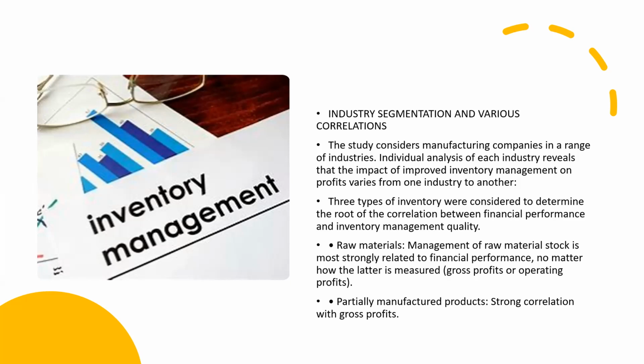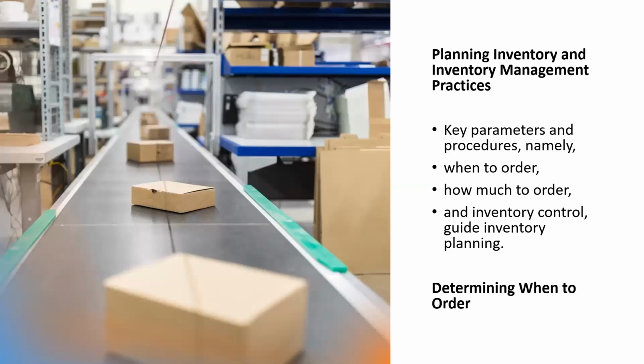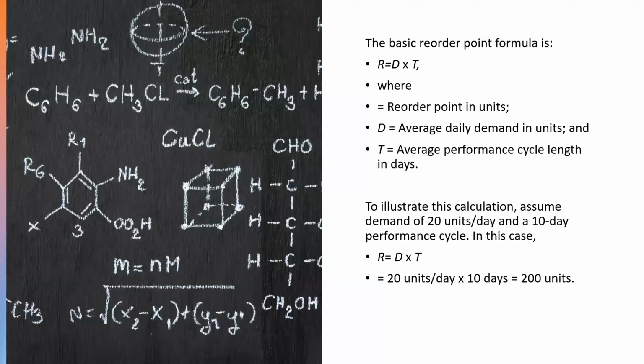So how do you determine the order time, when to order? As we discussed earlier, the reorder point defines when the replenishment should be what? Initiated. When the replenishment should be initiated. Now, look at the formula. This is where I said I don't want to bother you. The basic reorder point formula is when you multiply the average daily demand in units, the number of items which the customer wants,